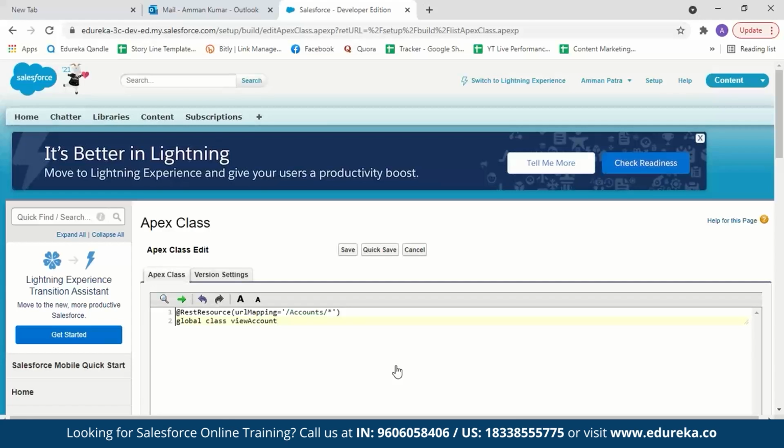Next, in order to extract account details from Salesforce, we need to use the HTTP GET method. So @HttpGet. We're using the HTTP GET method in order to extract the account details which are present in Salesforce. Now, after we've extracted the account details from Salesforce, I want them to be viewed in the form of a list. So for that,